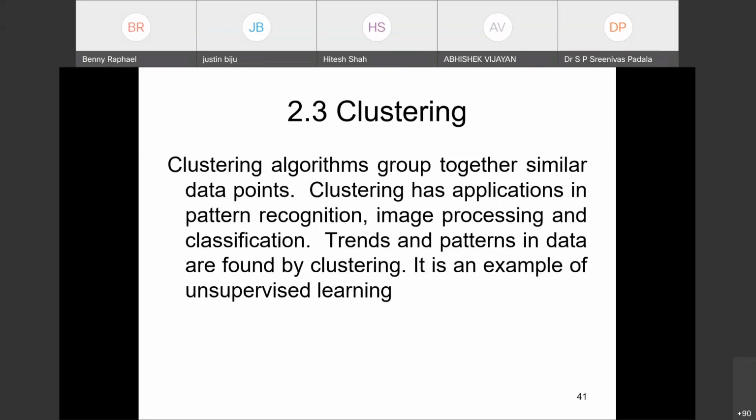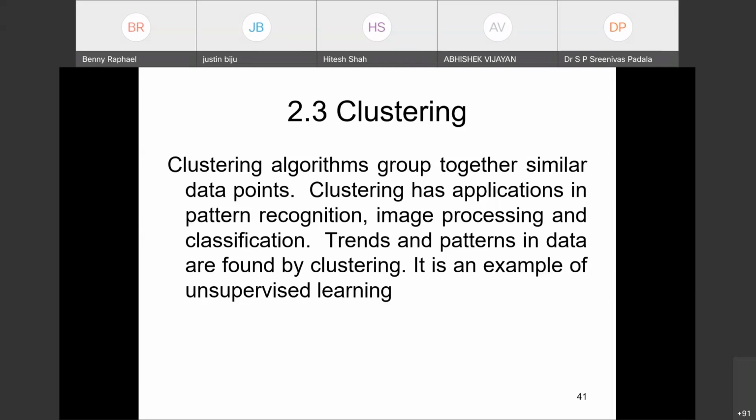Okay, so let us move on to the next statistical learning technique. This is clustering. Any questions so far? We have finished the supervised learning techniques, regression and classification. So this one is an unsupervised learning technique. It looks a bit similar to classification, but it's a different kind of problem. It is unsupervised. Classification is supervised. This is unsupervised.